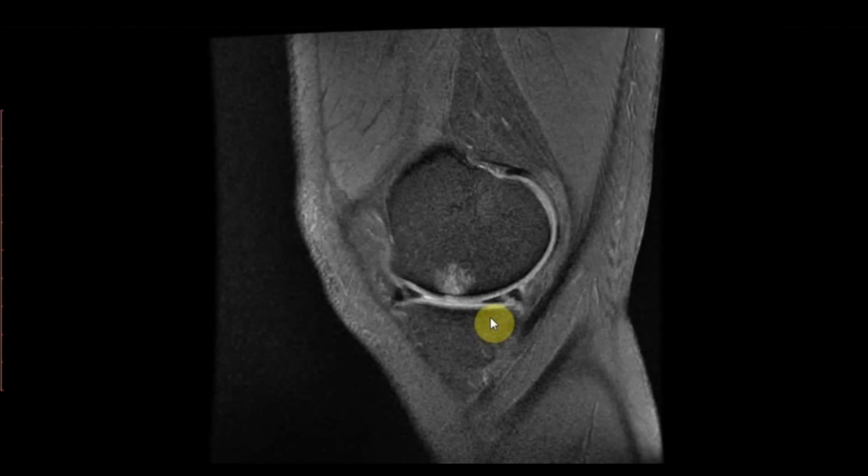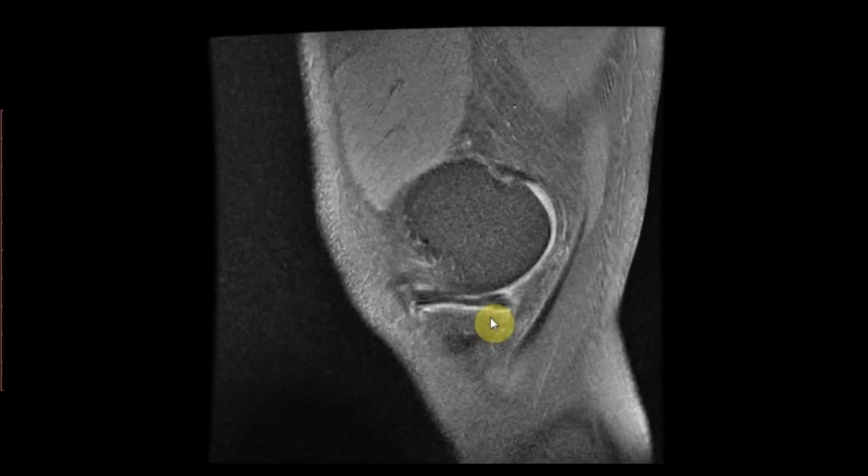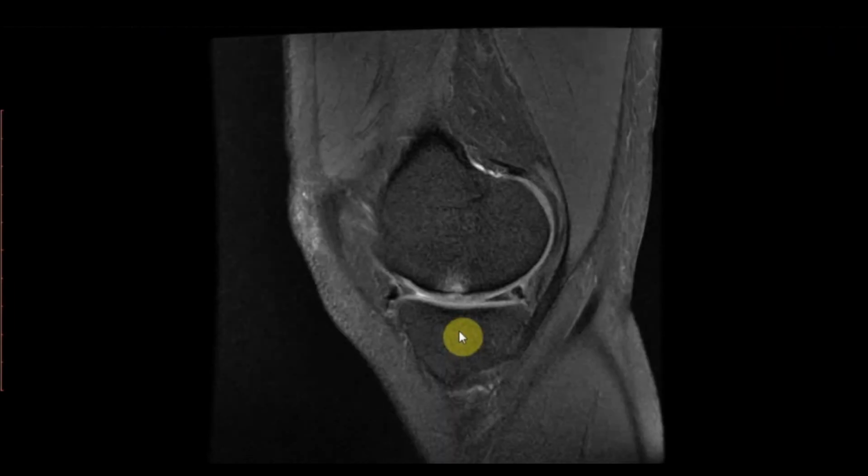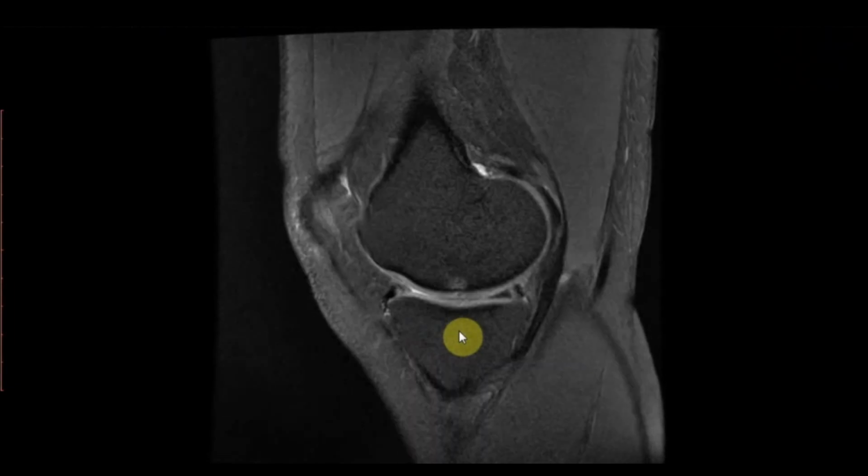This is the medial meniscus, and it is not normal. It is showing vertical hyperintensity involving the anterior as well as posterior horn. Plus there is edema involving the medial femoral condyle, and the overlying cartilage is also showing hyperintensity. So there is osteochondral injury involving the medial femoral condyle. There is injury involving the cartilage as well as the underlying bone.